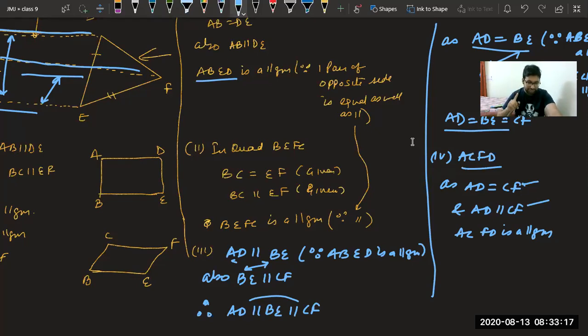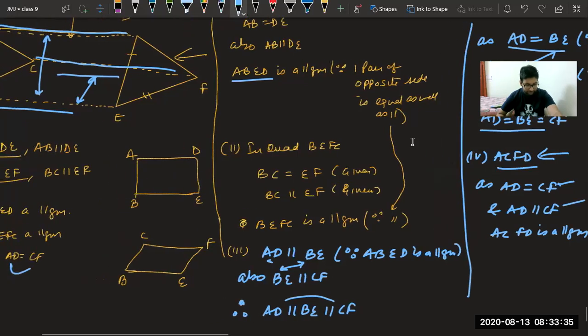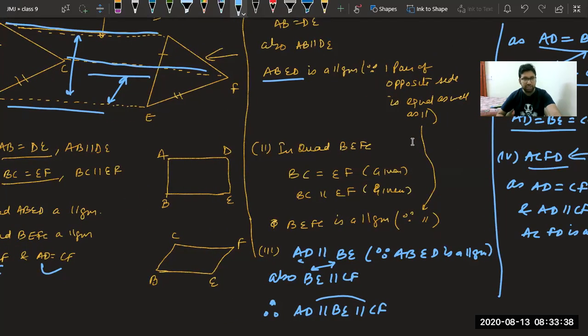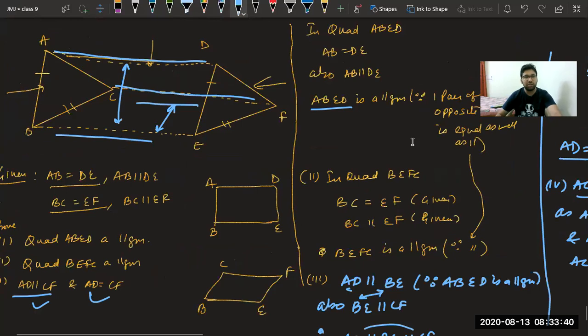This question was easy because they are asking everything part wise. Suppose a question comes and they directly ask this part. In that case, you have to think of all this story on your own. The story that they are giving you chapter wise, you have to think on your own. The last part, triangle ABC congruent to triangle DEF, is the easiest part. Already two sides were given equal to you. The third side you can say now by CPCT, and with that we can say triangles are congruent also.